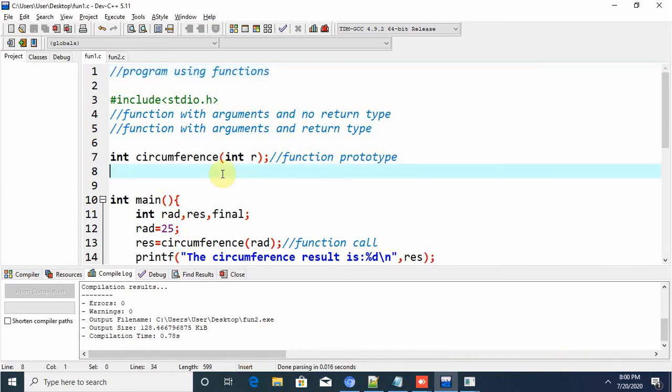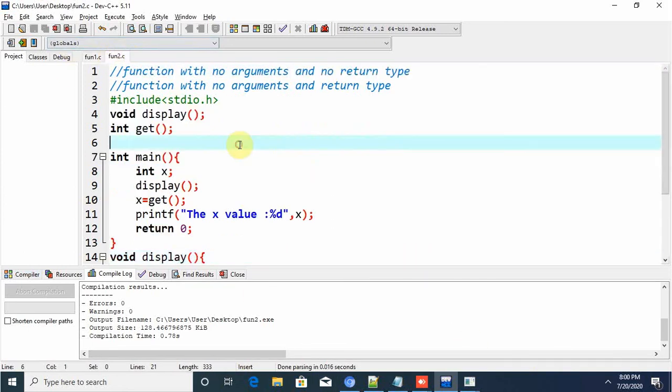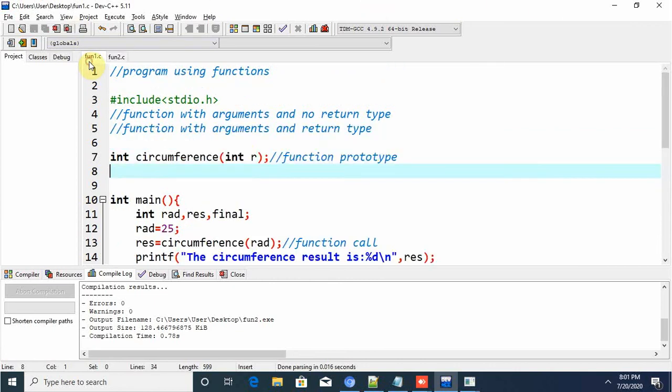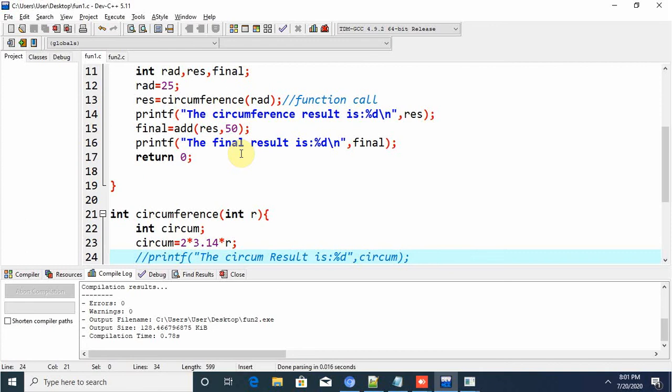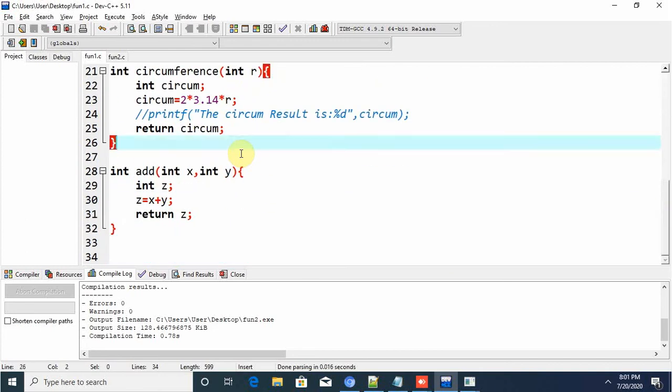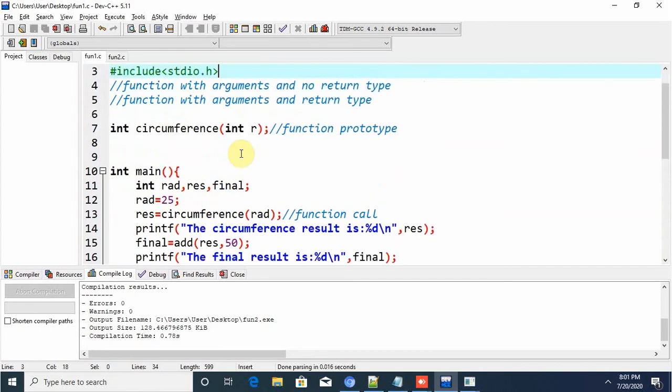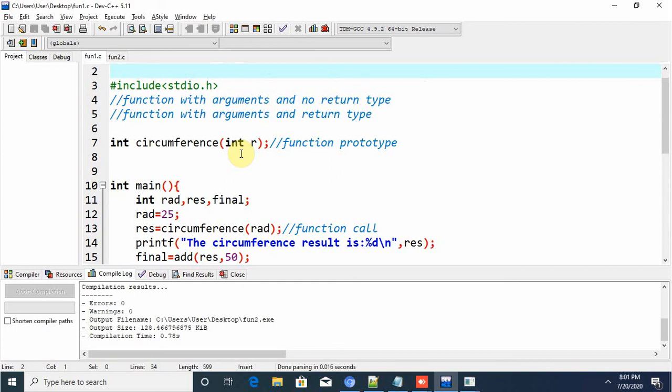Girish, do you have any doubts? This program, the second program is very simple. This one with no arguments, no return type, no arguments and return type. How it will be? The same has been implemented in the first program also. We can do that. But the correct procedure is that it should have some arguments.